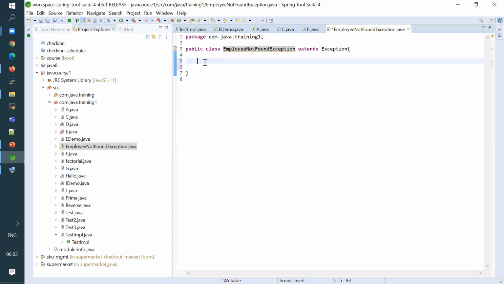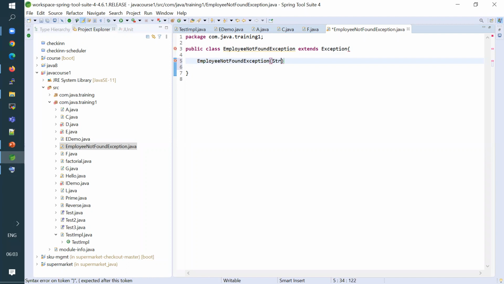So here I created one particular exception, EmployeeNotFoundException. Here I can create one constructor, EmployeeNotFound.